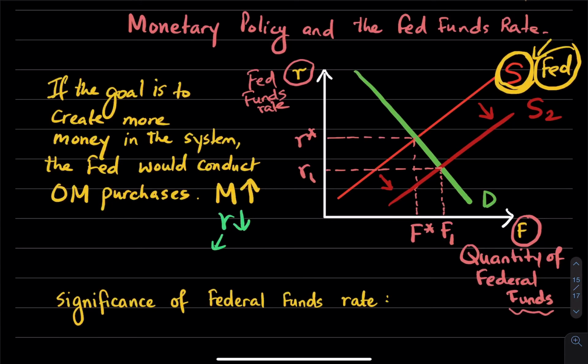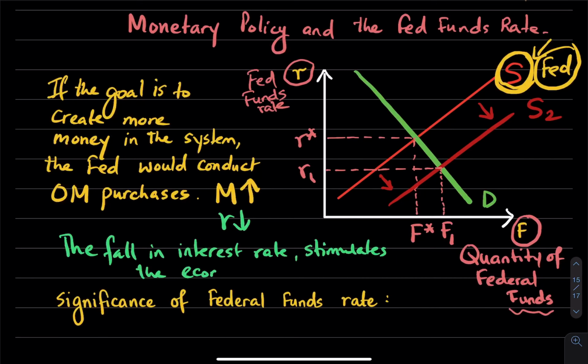So the fall in interest rates stimulates the economy because borrowing is cheaper, so firms and businesses would find it less expensive to borrow from banks because a lot of the interest rates are just tied to the federal funds rate. The federal funds rate is very significant because very many different types of interest rates are tied to this. So your mortgage rate or the prime lending rate of the banks, everything moves in accordance with the federal funds rate. And so we can take a look at what this looks like